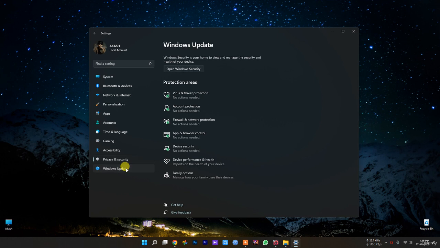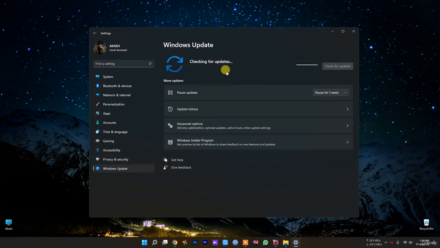And one thing is you should always update your Windows, and this is a must. Updates happen automatically, but depending on the update or how the device is configured, they don't always download and install as soon as they become available. So if your computer is running slower than usual, it could be that an update is available to improve performance. As you can see, my Windows 11 is pretty much updated today, so I don't need any update. So make sure you keep your Windows updated to the latest version,